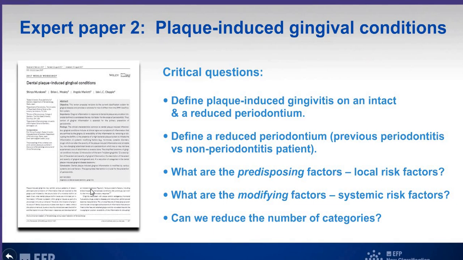We have some questions here to explain. What is biofilm-induced gingivitis on an intact and on a reduced periodontium, and define a reduced periodontium, which is previous periodontitis versus non-periodontitis patient. What are the predisposing factors? What are the modifying factors? Predisposing is local plaque accumulating factor, while modifying factor is systemic risk factor. Can we reduce the number of categories? We will talk about